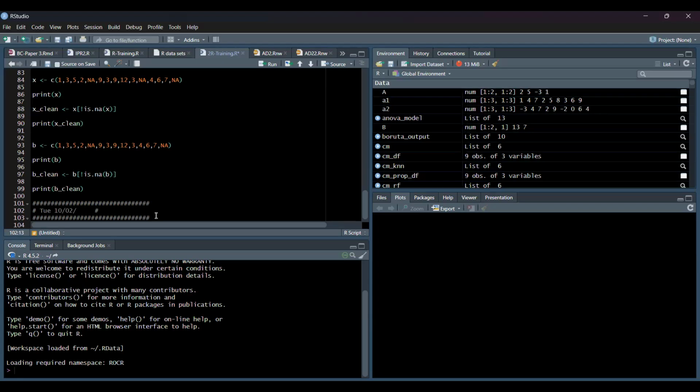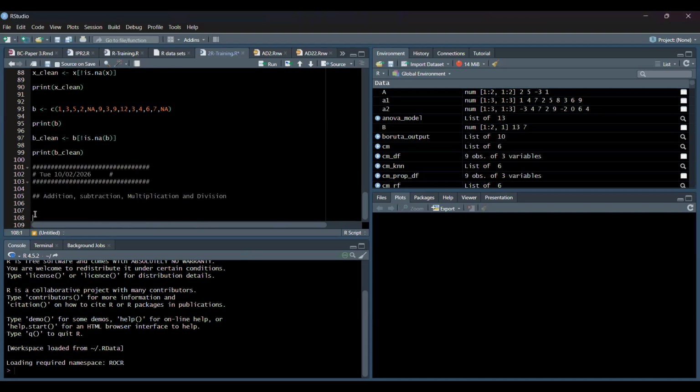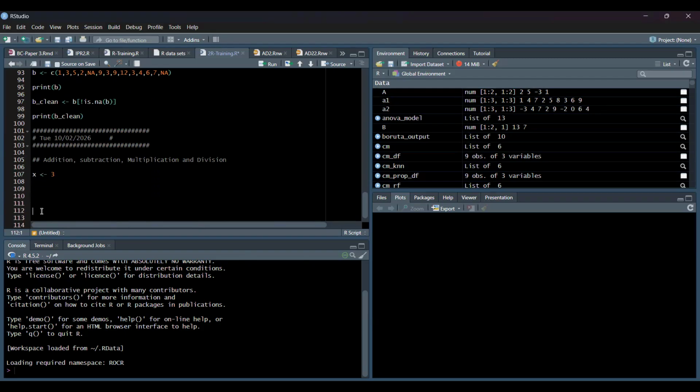Okay, we want to look at some addition and subtraction over here. It's something simple that we can easily go through. I have X and I have assigned 3 to it, and I have Y. I have assigned 5 to it. So if I say X plus Y,